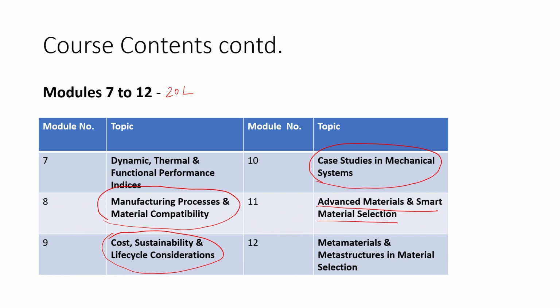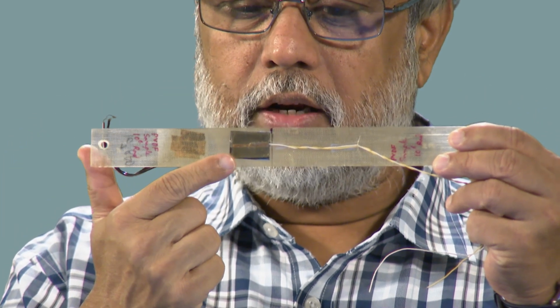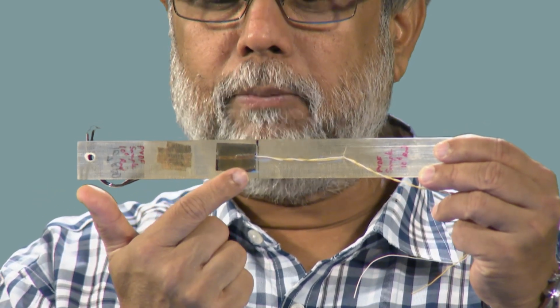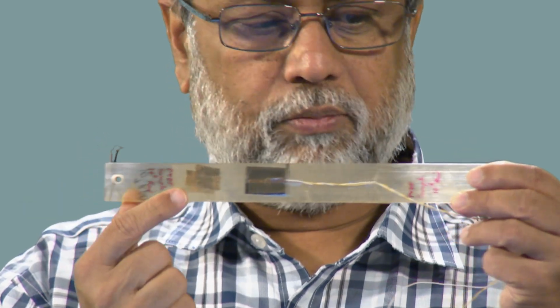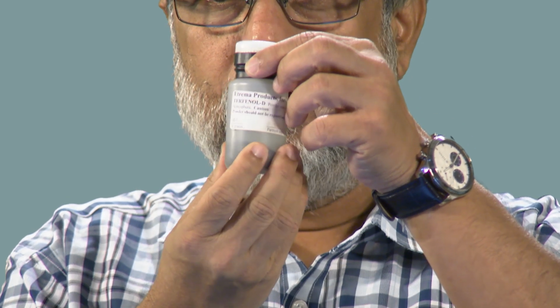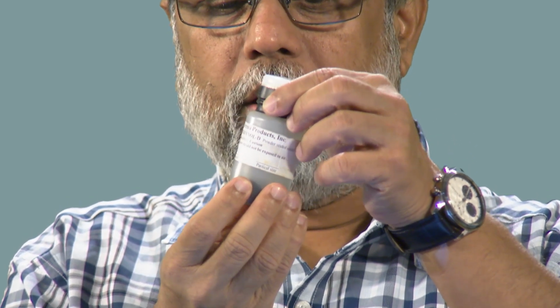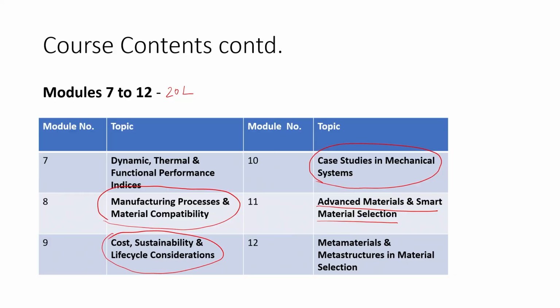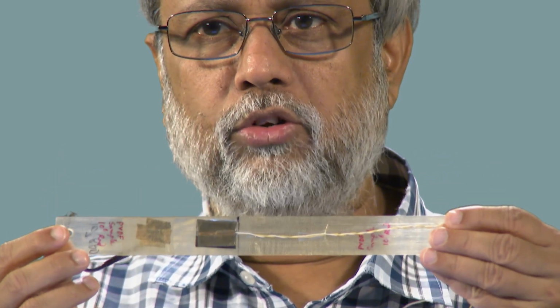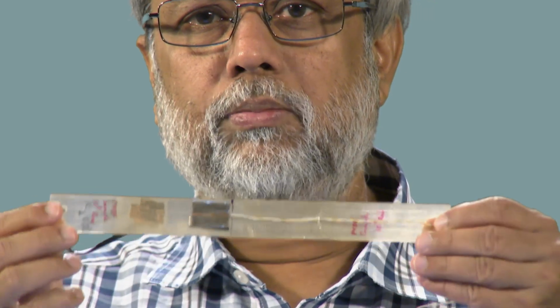For example, here is one such case, right. So, this is a case where you have a composite, along with it there is a smart material that is embedded in it. Okay. So, different types of smart materials are the possibilities here. It can be piezoelectric, it can be magnetostrictive. Magnetostrictive is something like this. This is a powder. This is the Etrema Terfenol-D powder. Now, this powder can be actually embedded inside this composite, and then you can get an actuator or a sensor integrated in the system. So, for such a system also I will talk about how to choose the smart materials based